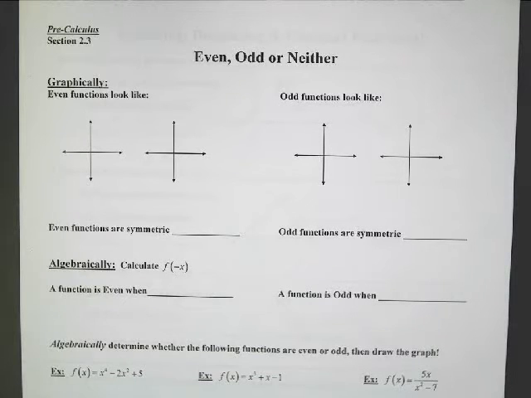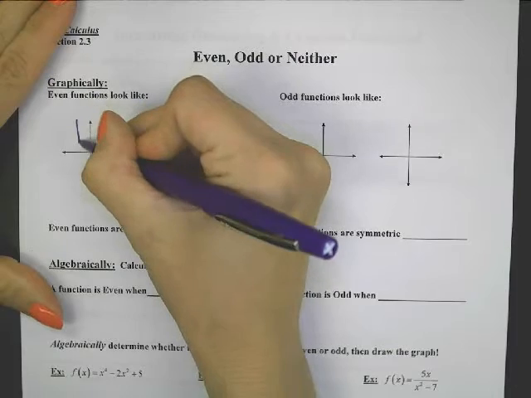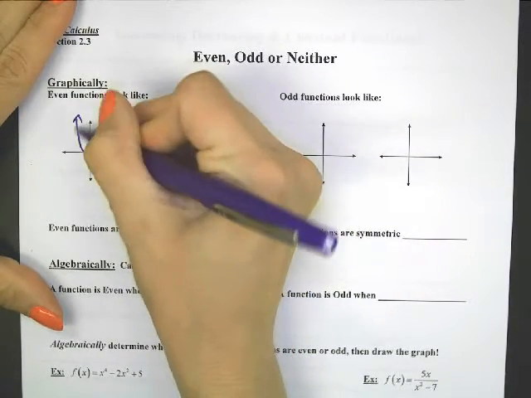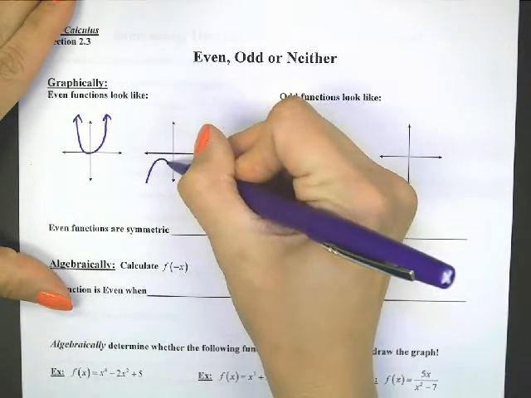Let's take a look at even, odd, or neither. Graphically, here is what an even function is going to look like. It could look like a parabola. The parabola could be flat, roundy. It could also be a graph that looks like this. Up,